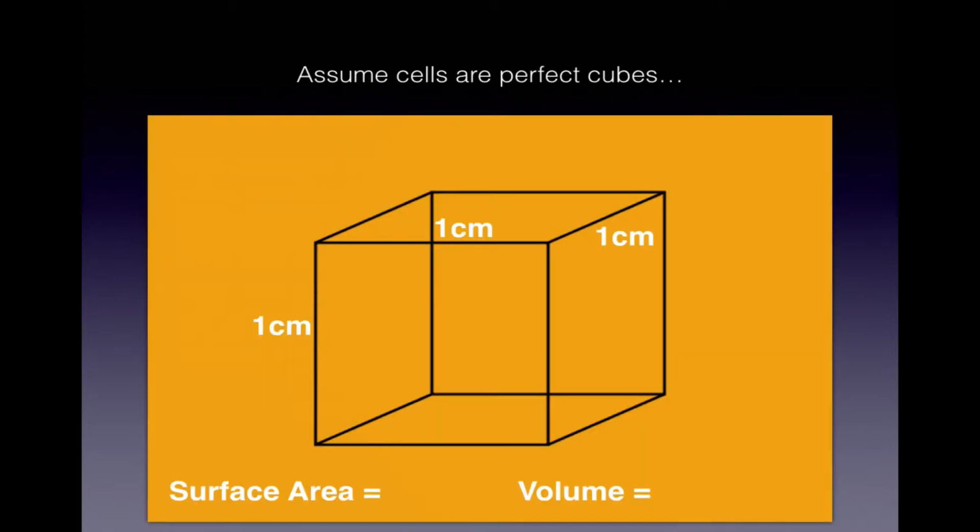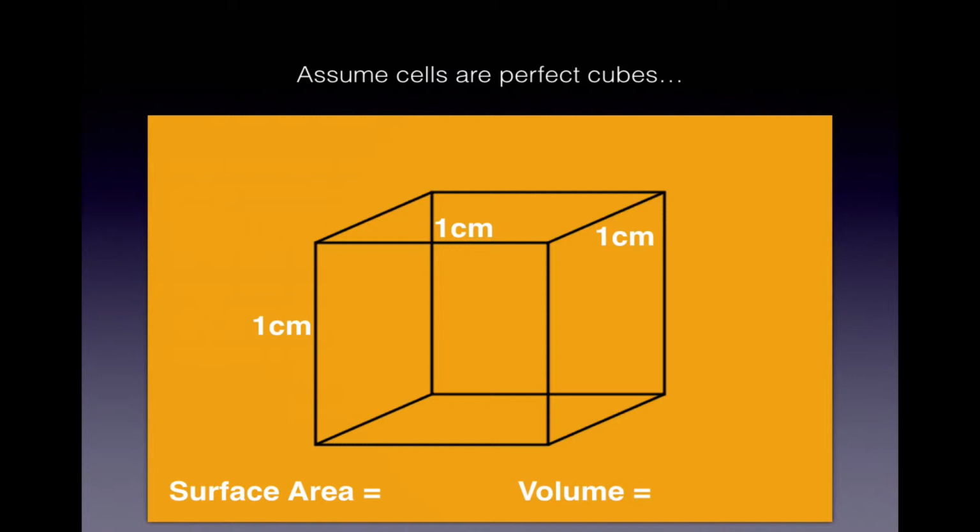So if we assume, just for simplicity's sake, that cells are perfect cubes, we're going to pick this shape because cubes are very easy to calculate area and volume for. Okay, we can calculate surface area and volume. So for example, in this cube that's 1 centimeter tall by 1 centimeter wide by 1 centimeter deep, we can